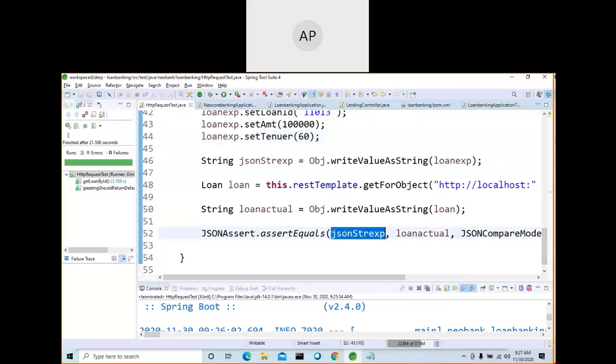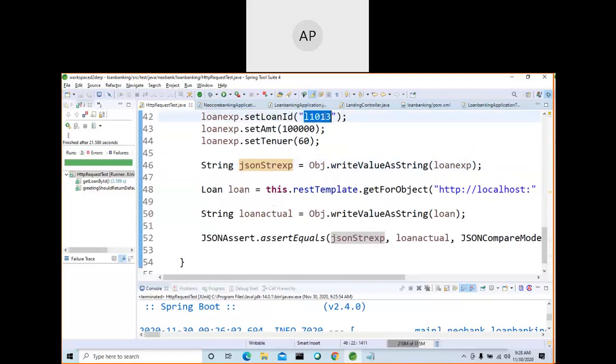So now let me run our Spring test JUnit. Yeah, see here, both are success. But see here, when I change this one to 3, okay, so loan ID is 1101 and 1 lakh 60,000 is what is expected.